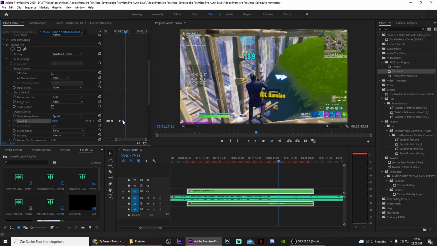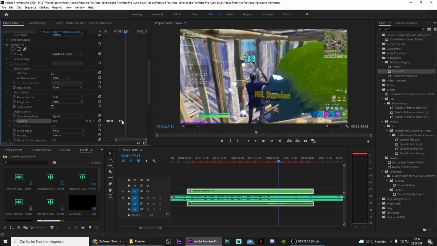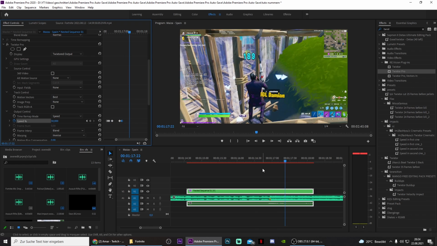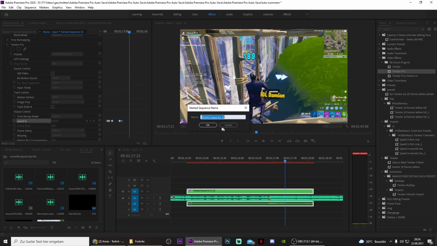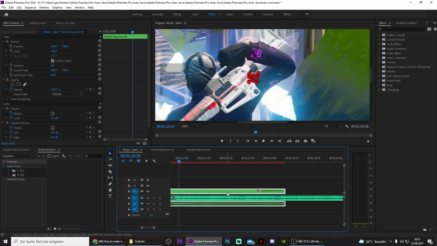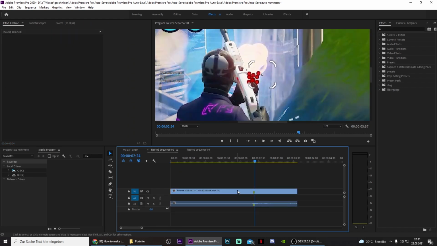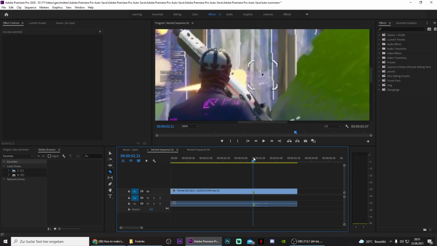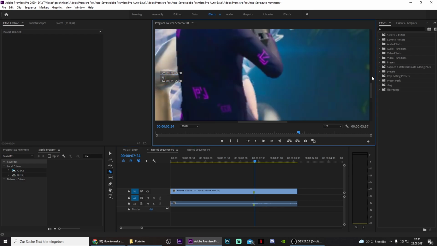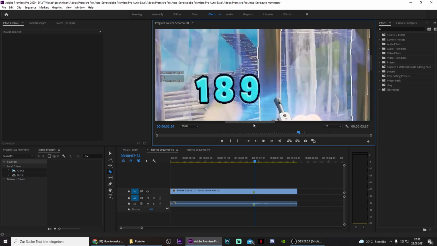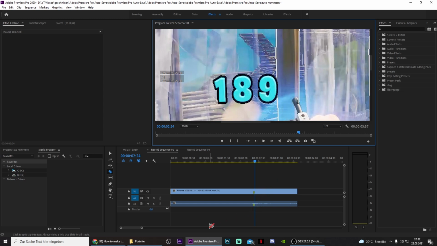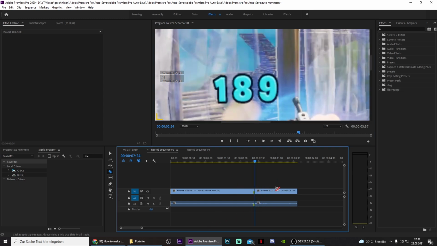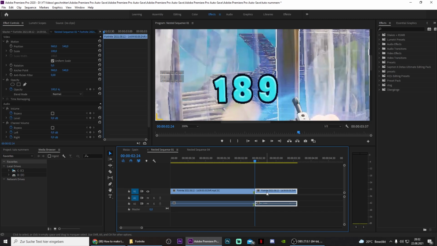And of course you can adjust the keyframes, so I will drag this one to the right a bit. Yeah, so this is a pretty good Twixtor build up already. And then you want to nest this once again, and then you want to double click on your sequence and double click on it again so that you're back at your normal clip, and then split it on the point where the numbers pop up, and I will cut it at the point where I can see the numbers properly, so this right here. And then you want to duplicate this by pressing Alt and dragging it one layer above,